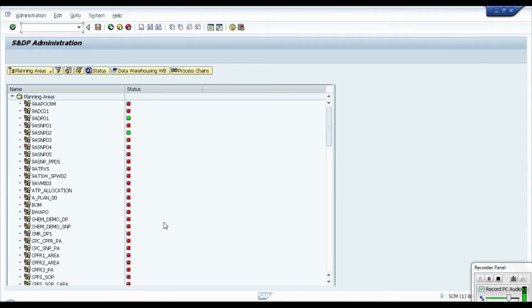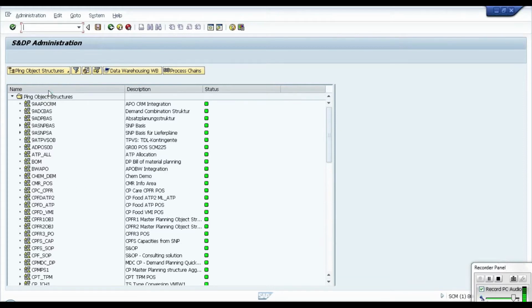If you go to this T code, here you can see the planning area and the MPOS. Both you can see here. So here, for DP and for SNP, you can create an MPOS and you can create a planning area. Both are at the same place. So to create an MPOS, we need to select the planning object structure.